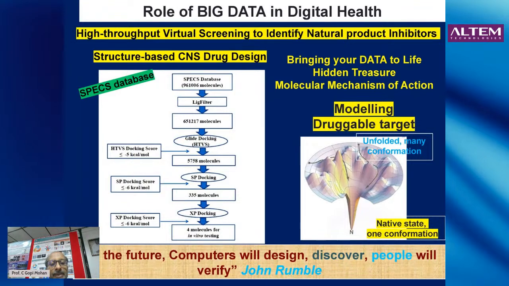Computationally, we were able to prioritize four molecules. So we bought these four molecules and did animal model testing. Seeing this protein folding, and folding is an important concept, as all of you know. I'm not going into details of this one. What I want to emphasize is that computational biology plays a very important role in a variety of